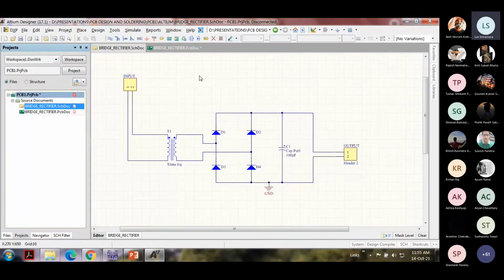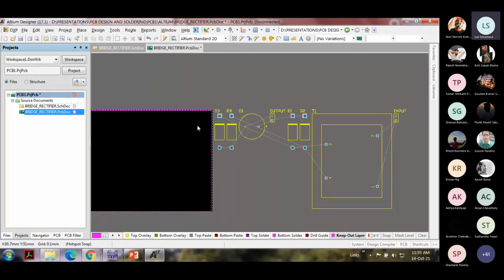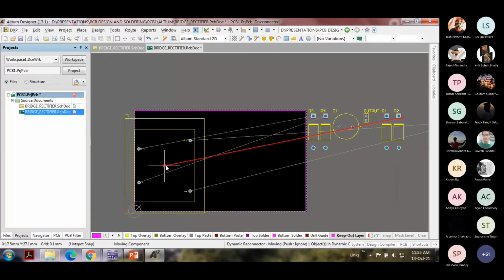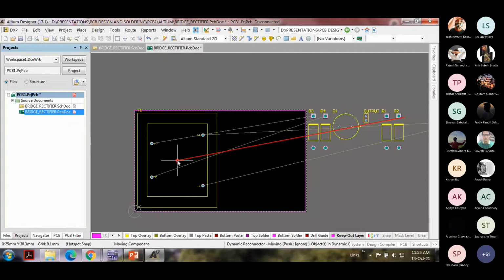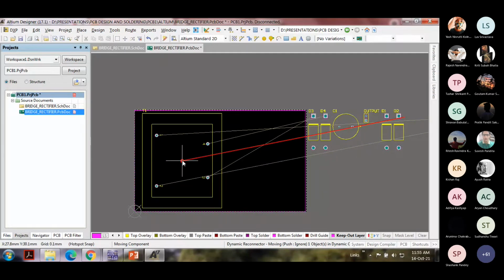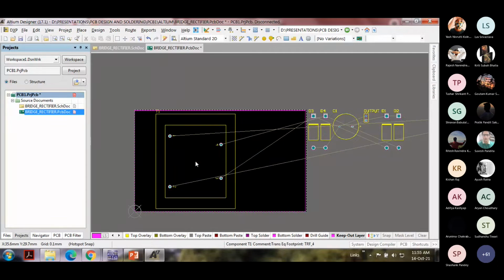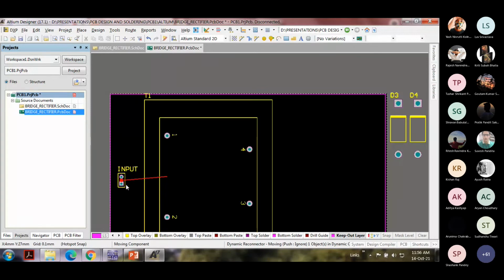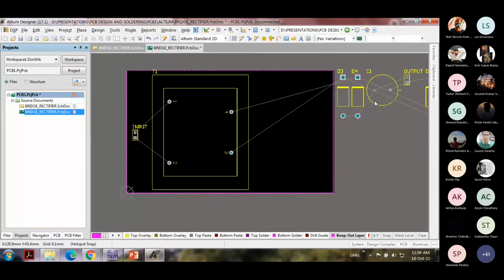Yeah, it's fairly easy. Now we're going to place the components. Again, you can use the mouse to drag the components. Use the space bar to change the orientation if you want. Now this is going to be a little bit tricky, but it doesn't matter. I'm going to place the input somewhere here, as you can see. I'll place the components now.